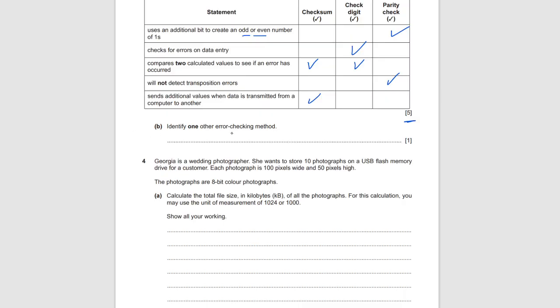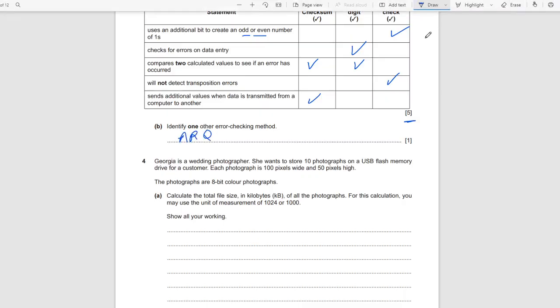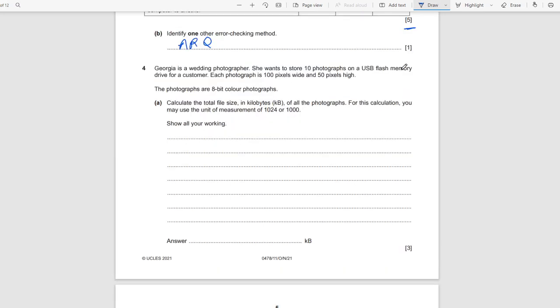The next question says identify one other error checking method. So another error checking method that I mentioned was ARQ at the start, and I believe that's the only one that we have in the syllabus. So we have 4. Okay, our next question says Georgia is a wedding photographer, and she wants to